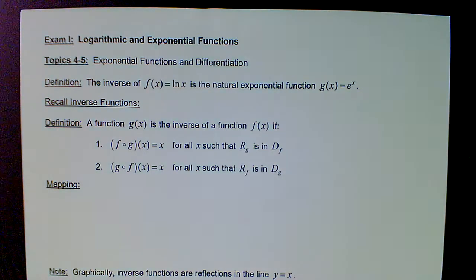Hello everyone. Here we look at topics 4 and 5 of Exam 1, Exponential Functions and Differentiation. First, some theory of